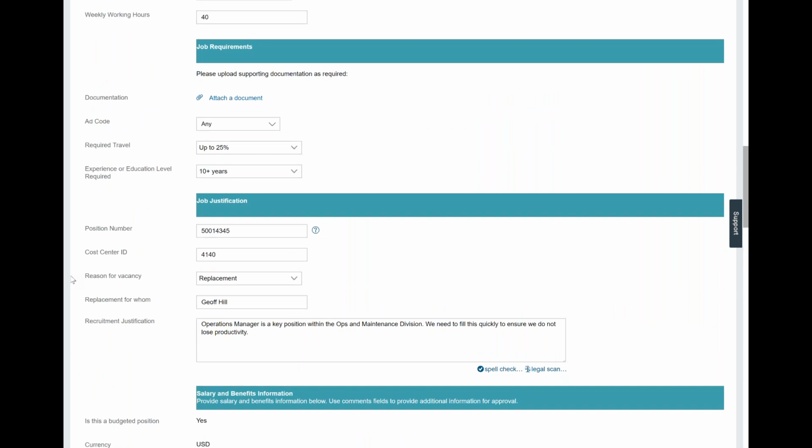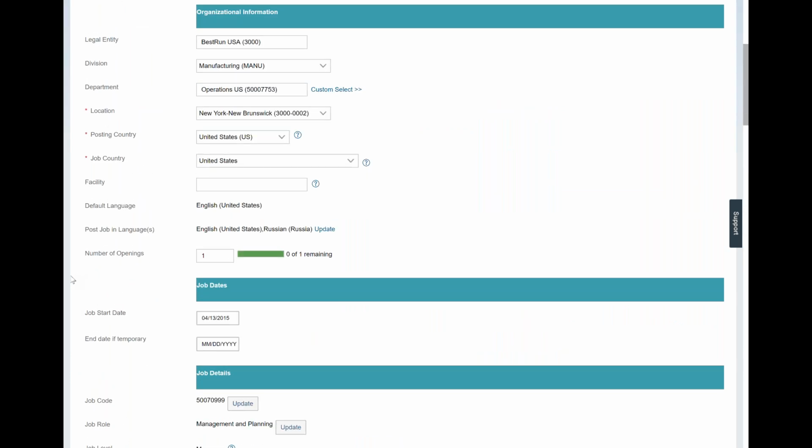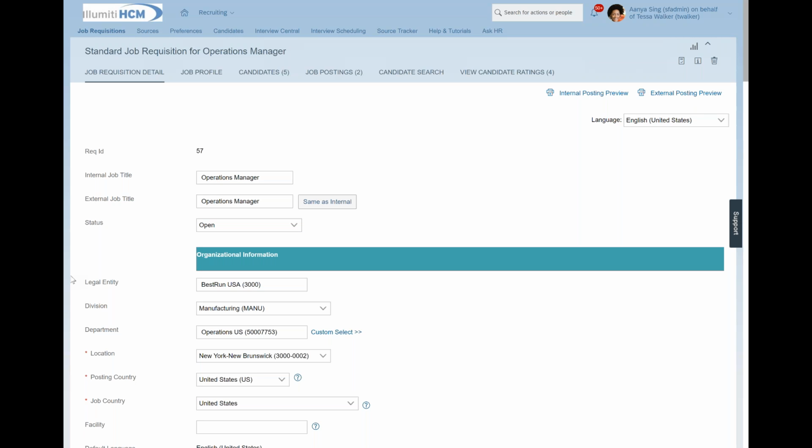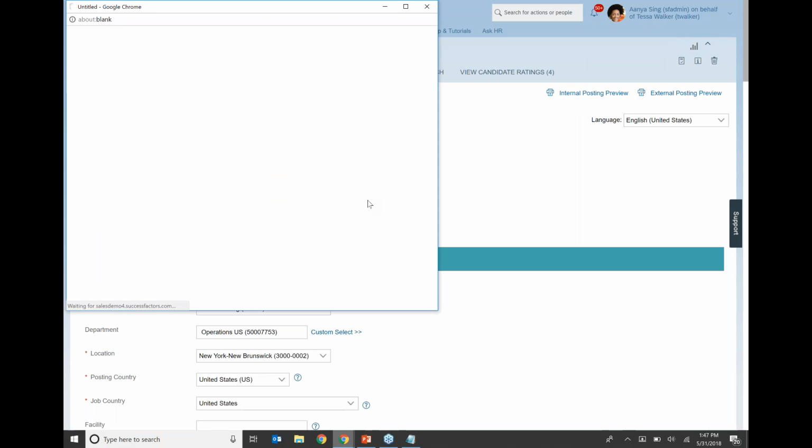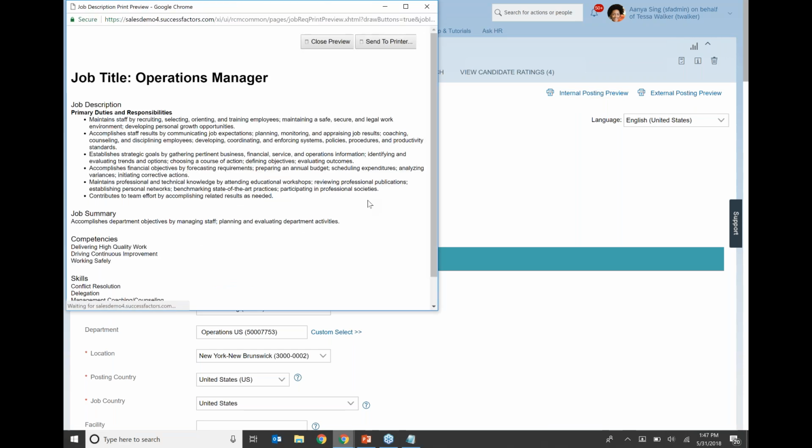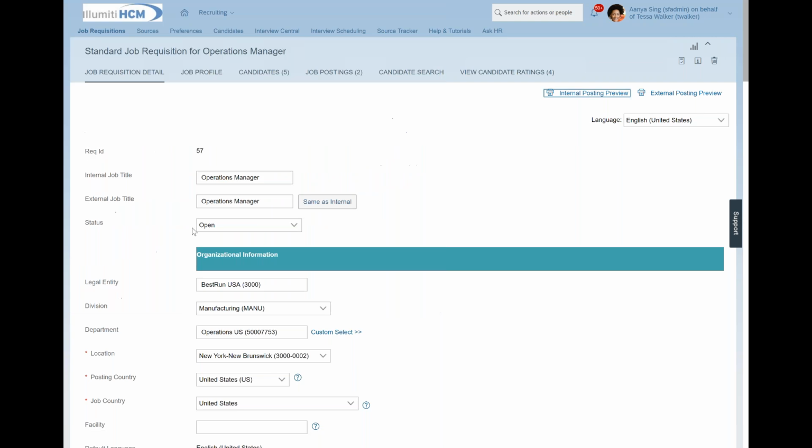They would just be not part of your process. And depending on how you go about posting internally versus externally, there can be a separate posting for each of those different groups. So you can see the actual view takes into account the job profile information that we saw earlier and tacks that on to some of these different requisition pieces.